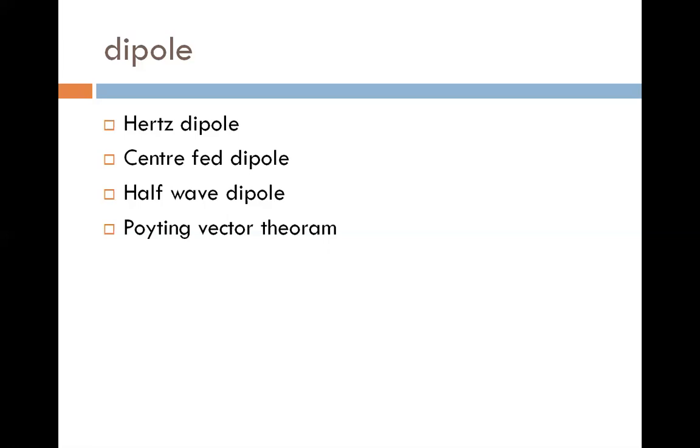Now see the next is a center field dipole. Center field dipole is also Hertz dipole. Center field means what? We give the energy in the center between two rods. So that is called center dipole. So when you write the theory of the half-wave dipole or dipole, you can write the center field dipole or half-wave dipole, same theory.